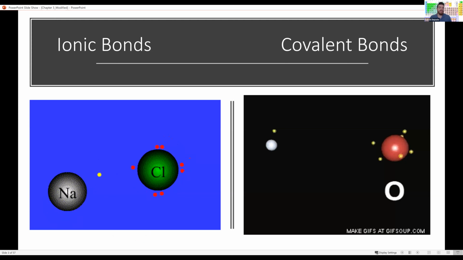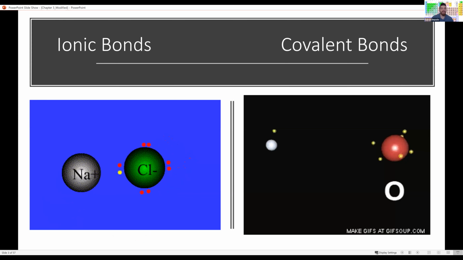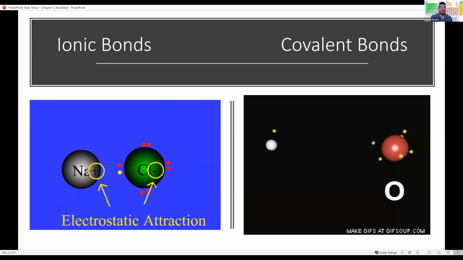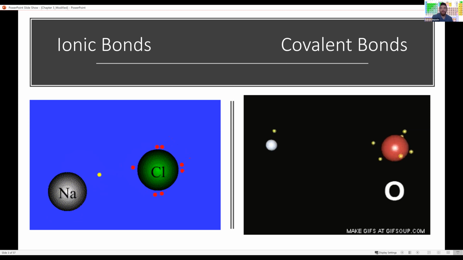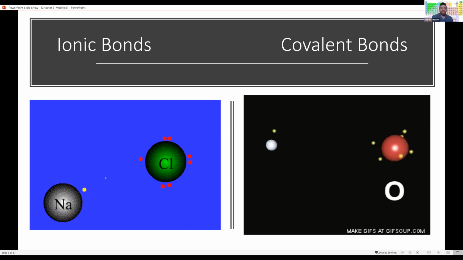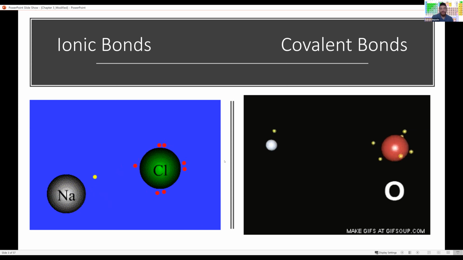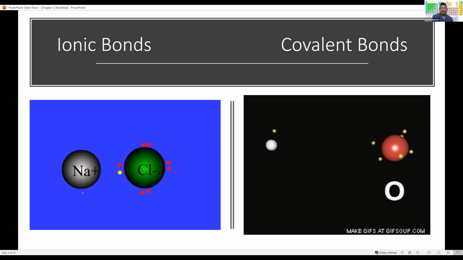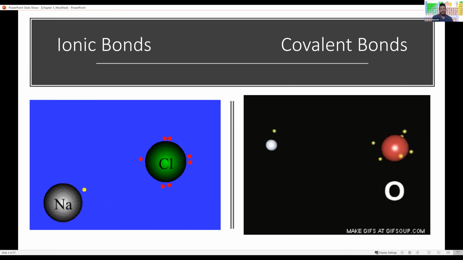Okay, so here's exactly how it happens. I mentioned last class the common misconception that sodium is just innately positive and chlorine is innately negative, and when they come together, they make a bond. That's not true. And that's not true for any ionic bond. And this GIF shows it perfectly, that initially they're neutral. You see how there wasn't any charge in the beginning of the GIF? But since they get close to each other and based on their need or lack of need of valence electrons, they